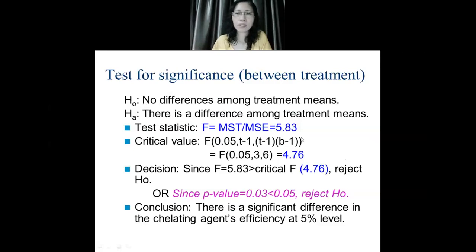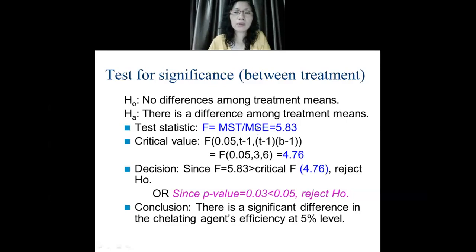The test statistic, MS for treatment divided by MS error, gives you 5.83. For the critical value, you look up the F table, F of 0.05 with the number of treatments minus 1, which is 3, and